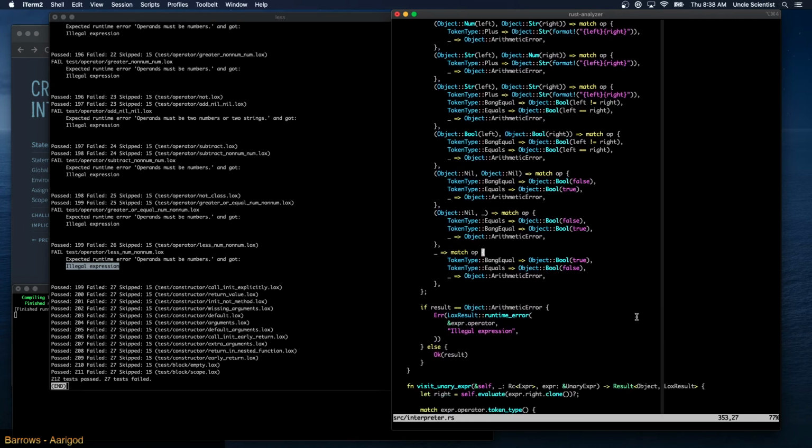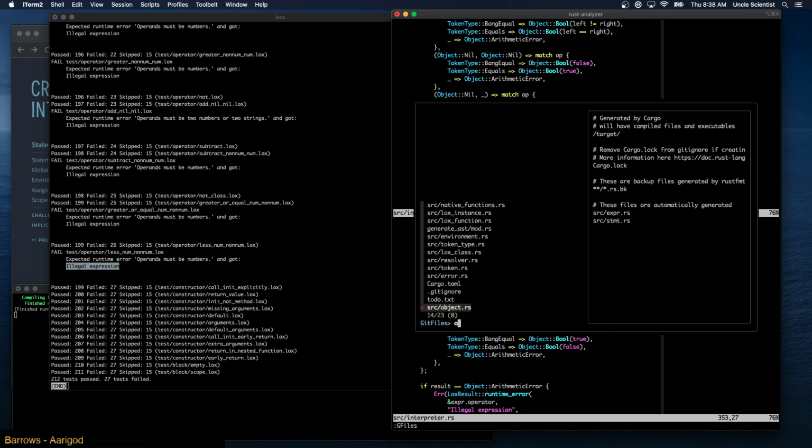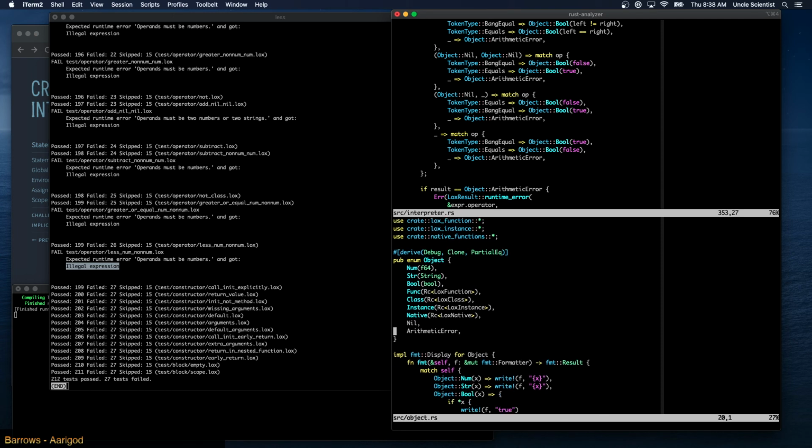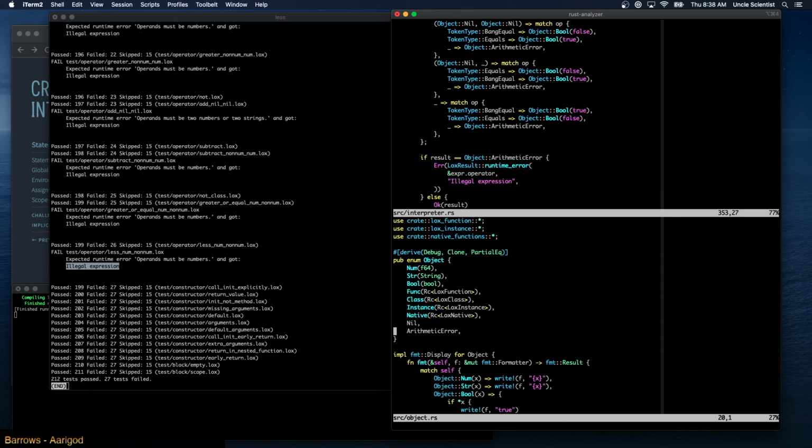And so we can actually change this. We can come up with different error types for each one of these. So object, right? We have nil. We have arithmetic error. So we can just say number error, I guess.